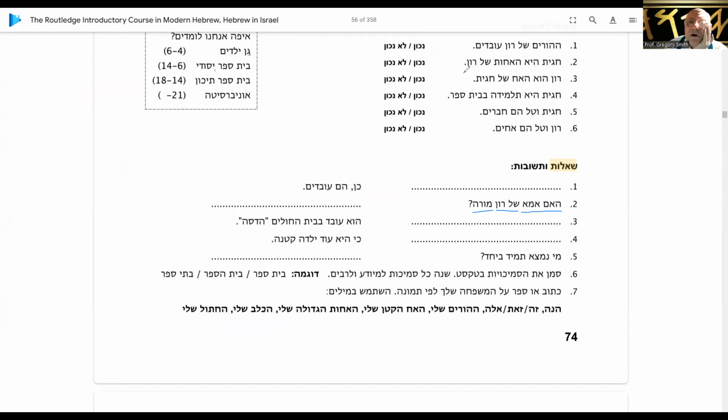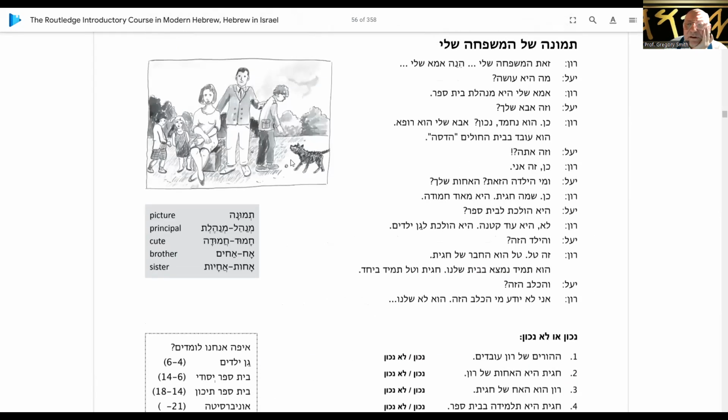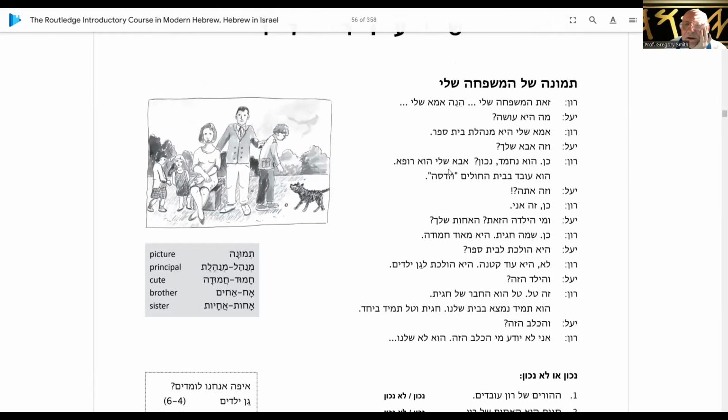So if you notice up here in the discussion, notice this is the answer right here. Ima shel he. In other words, Ima belonging to her, Ekmada Beit Sefer. Okay, so my mother, she is a principal in a school. Or minhelet, that's what it is, minhelet. That's principal right there. So in answer to the question,